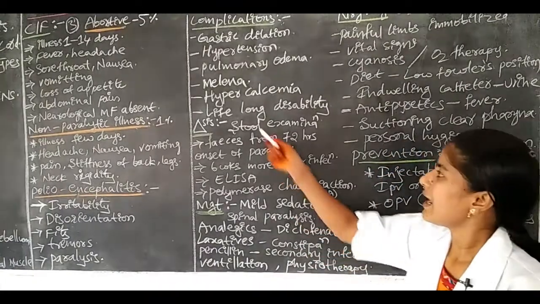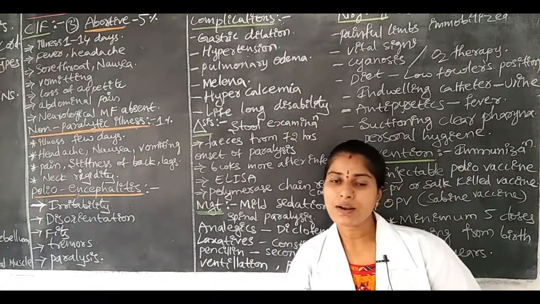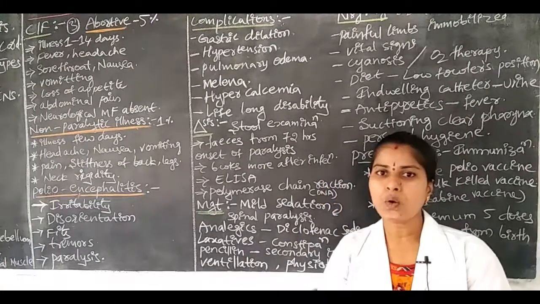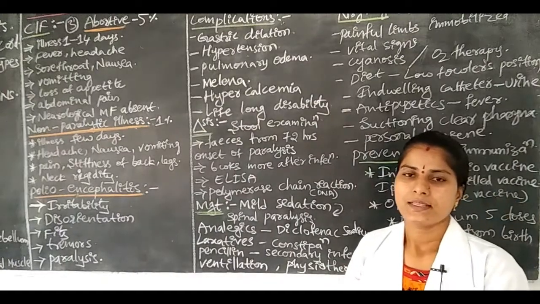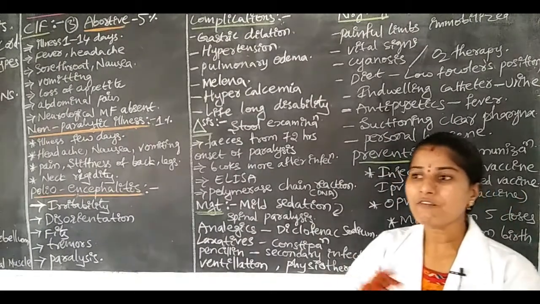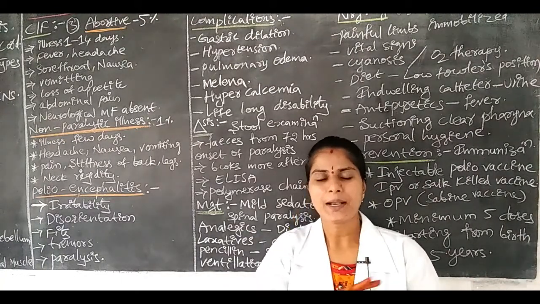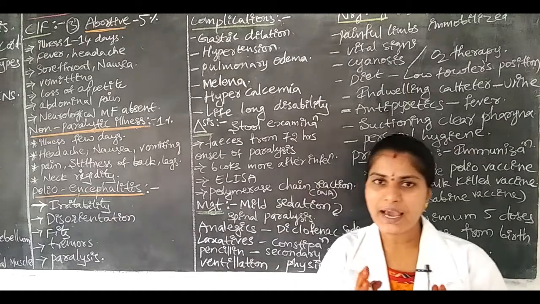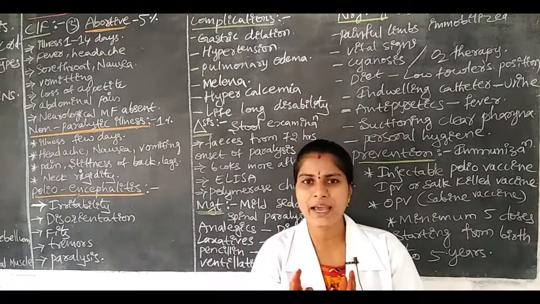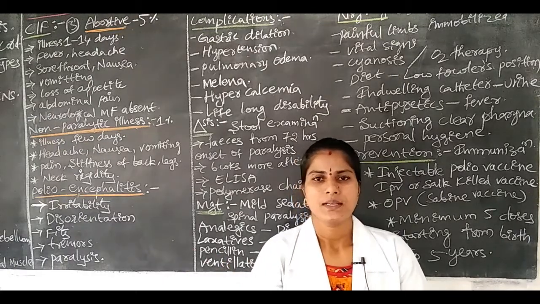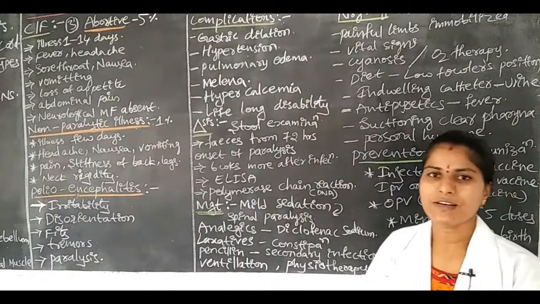Next is lifelong disability. For example, if only the right lower limb is affected by the poliovirus, that limb has lifelong disability, with its normal structure and function completely lost. Once a newborn or child is affected by this virus, the limb will not have normal function throughout life.